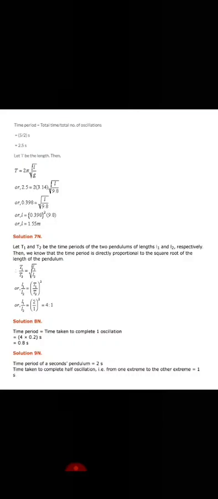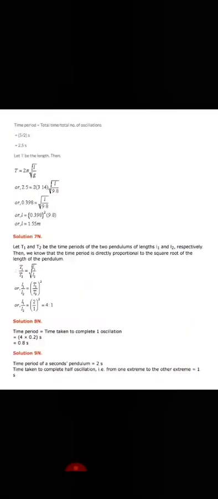Okay. 8th question of your textbook, it says that it takes 0.2 seconds to go from one extreme to mean position. So what is the time period? Let us see here. From A to 0, it takes 0.2. From 0 to B, again 0.2. From B to 0, again 0.2. And 0 to A, again 0.2. So we have 0.2 four times. That will make one oscillation. So 0.2 times 4 is nothing but 0.8. So I get time period as 0.8 seconds. It is just logic, no formula.